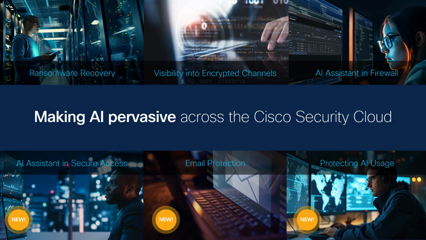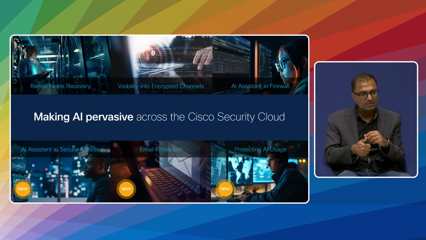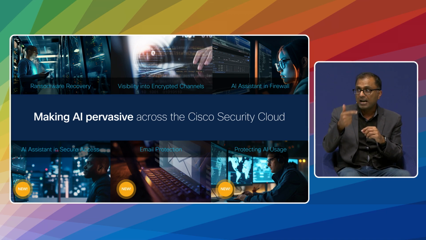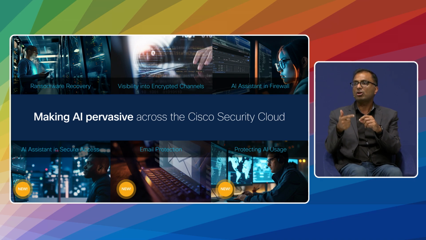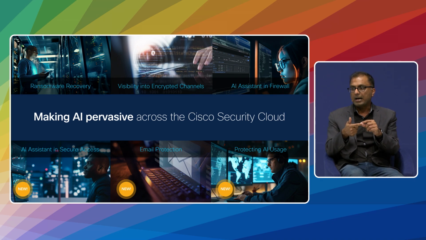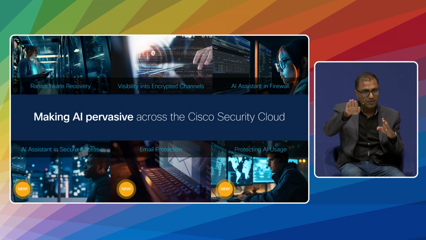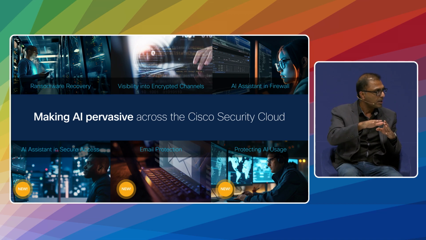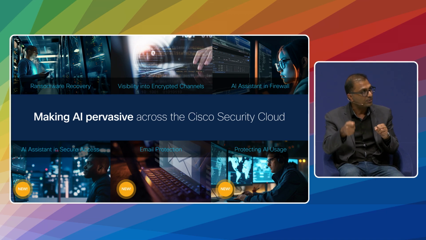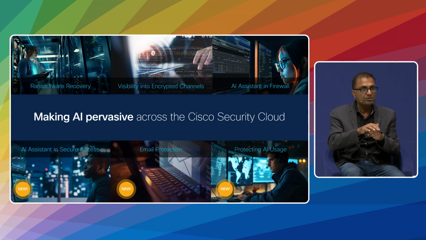But what we're announcing here at Cisco Live in Amsterdam is the AI assistant for secure access. We're also announcing capabilities where we're leveraging AI to detect very specific targeted attacks over emails. And last but not least, we are looking at usage of AI, which has really gone up. Like everybody's using ChatGPT, or they're using Bard. They're using APIs to access some of these applications. And we're now in the business of protecting the use of AI, which is absolutely critical inside of every single